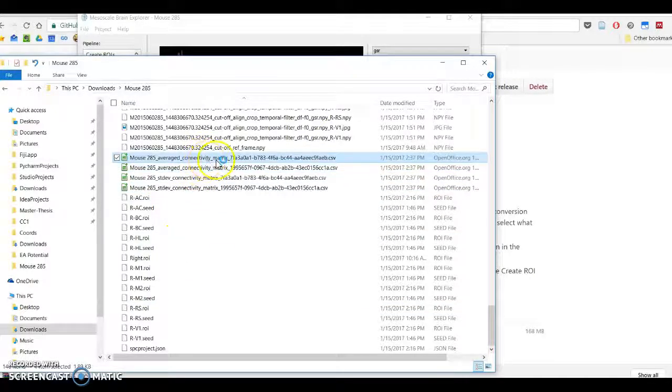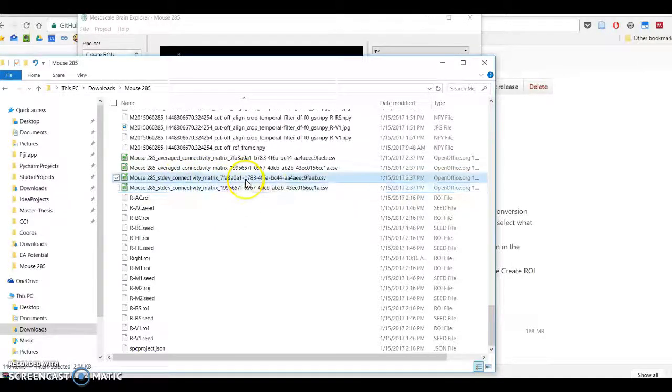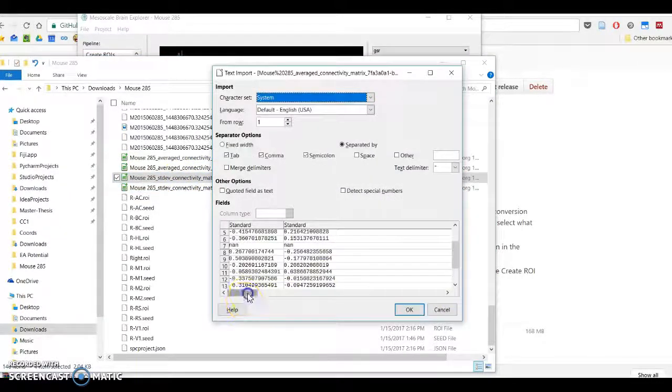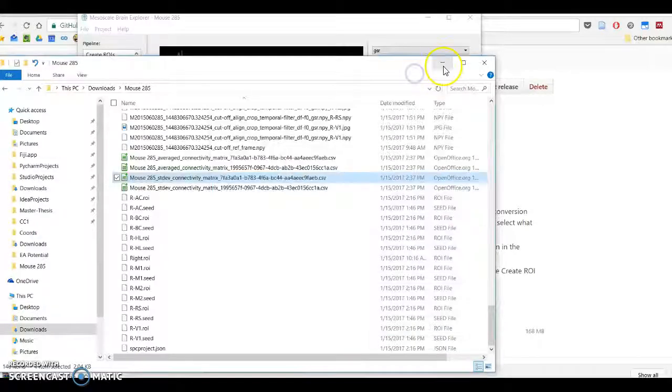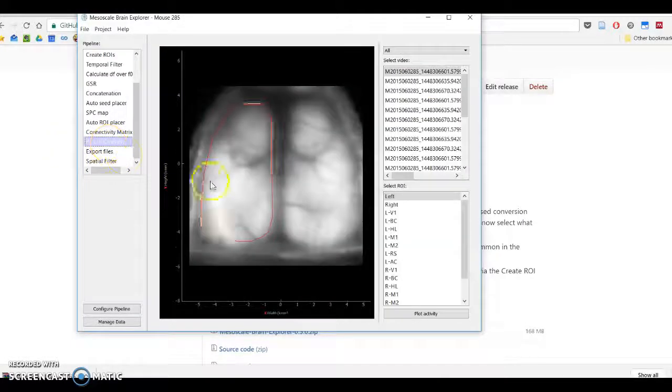So if I was to open this, we would actually get the values again from the connectivity matrix, as well as the standard deviation, and then in a separate file, just to show you. Okay. And again, future development might have it so that you can just import this immediately and then get your connectivity matrix back. And quickly, before time is up, we shall quickly plot